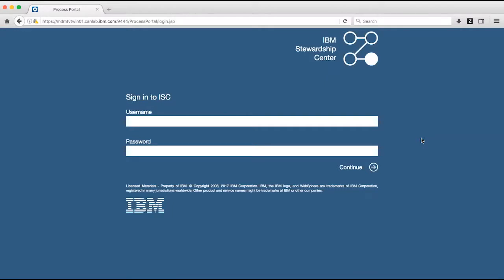The IBM Stewardship Center's new 360-degree summary overview provides data stewards with a broader understanding of a person or organization's information. This one-stop summary screen can help data stewards to make the correct decisions when maintaining quality of data or resolving tasks. Data stewards can log into the IBM Stewardship Center and search for the person or organization they want